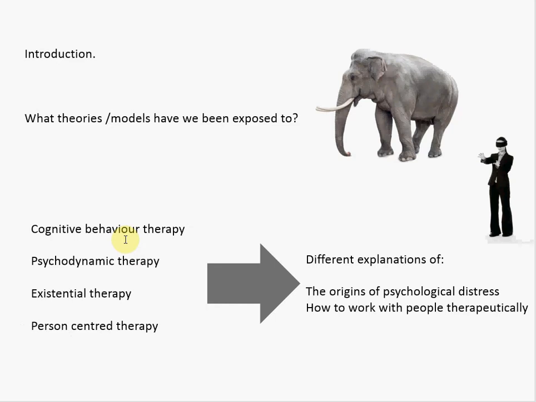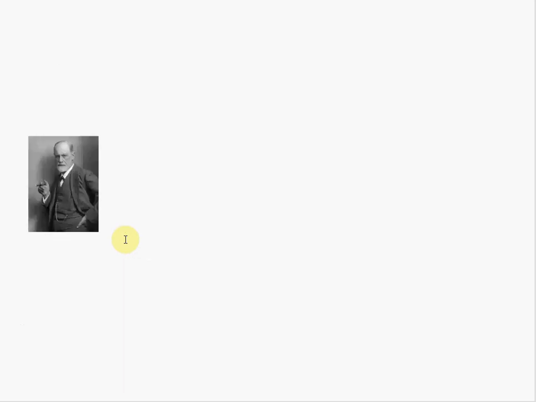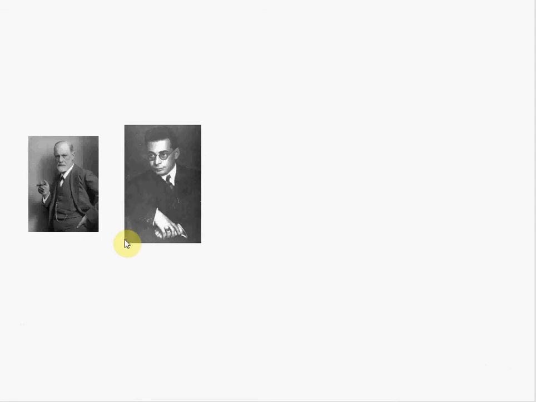It's interesting for a moment just to look at the history of the development of these different therapeutic ideas. We know, of course, that this all started in around about 1900 with Sigmund Freud's ideas on talking therapy. Freud first published thoughts in 1895. By the early 1900s, psychoanalysis was rapidly becoming very popular. And one of the key people at that time who was interested in Freud's ideas and who worked with him was Otto Rank.